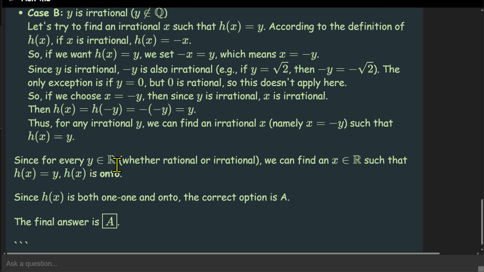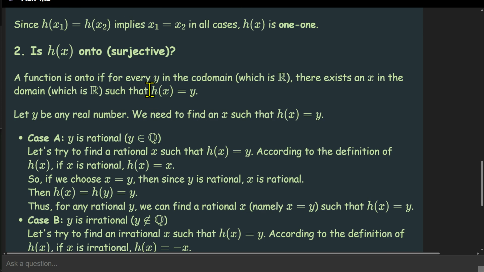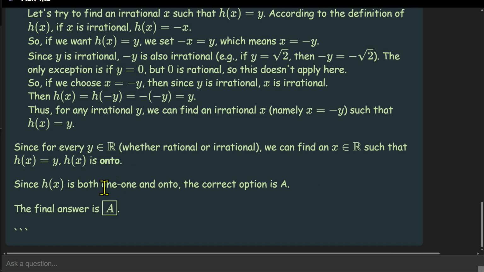Since for every y belonging to R, whether rational or irrational, we can find x belonging to R such that h of x equal to y, h of x is onto. तो ऑन टू वे है और वन वन भी है. मतलब h of x इज बोथ वन वन एंड ऑन टू बोथ. इसलिए